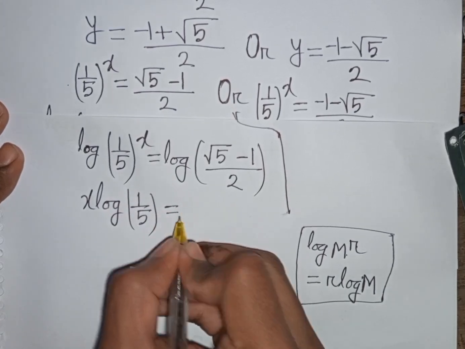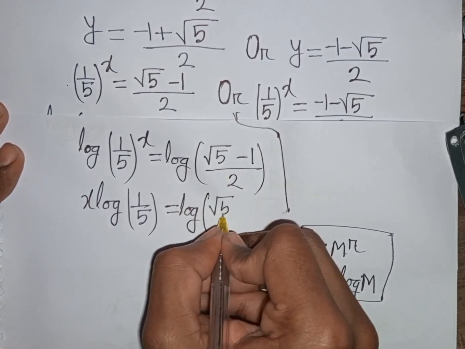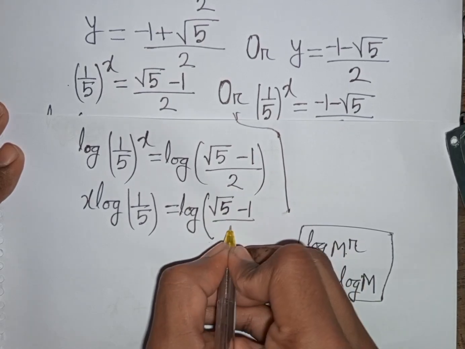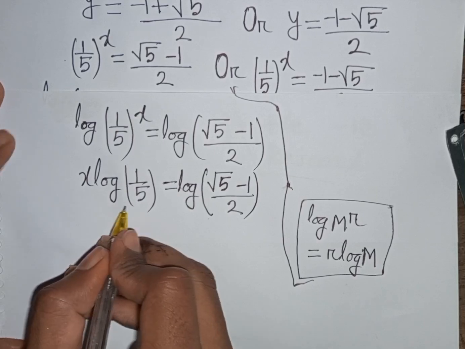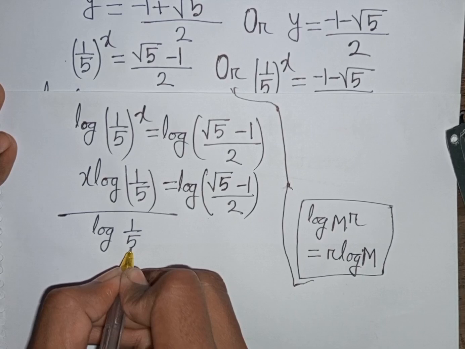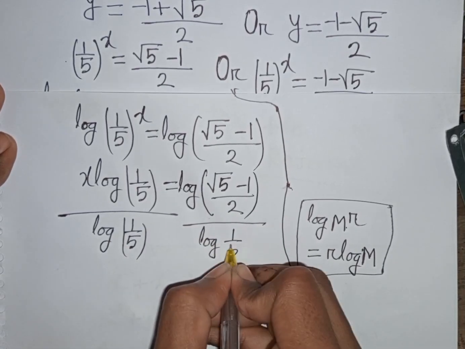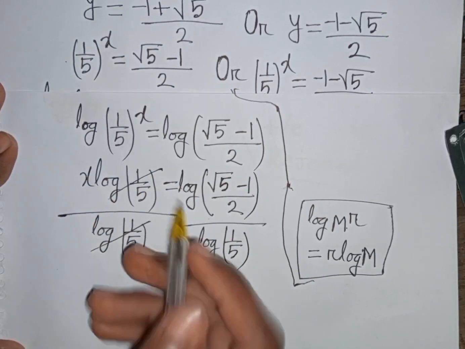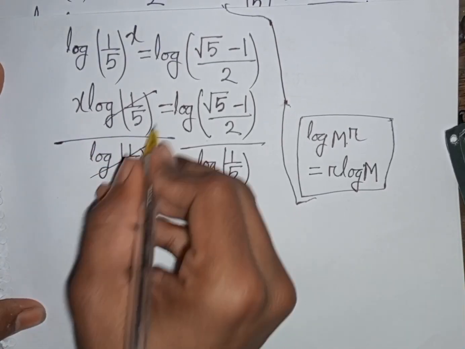is equal to log of (square root of 5 minus 1) divided by 2. Now, we need the value of x, so we divide by log of 1/5 on both sides. Now, we see this log of 1/5 and this log of 1/5 will be cancelled. So here x will be equal to